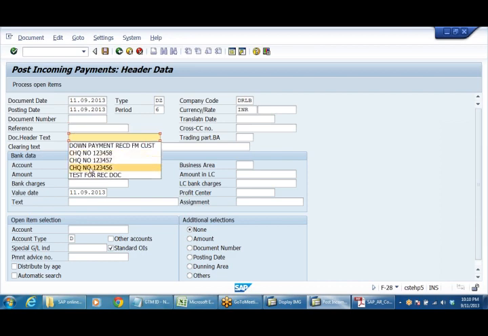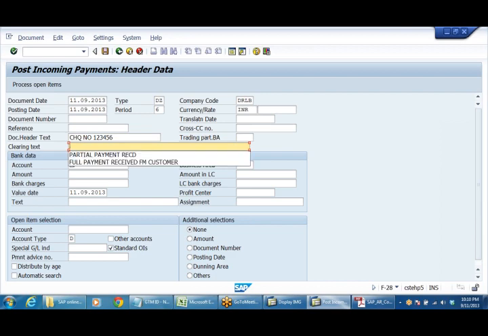For example, I have received payment through a check number. So in the document header text I can say this is an example for full payment received from customer. Dr. Reddy Labs, DZ document type, the system will pick up the period, currency INR. The check number we have received is 123456. Whenever we receive a check, I deposit it into the bank immediately, so let us take that accounting entry: bank account debit, customer account credit. Debit what comes in and credit the giver. On the same principle,